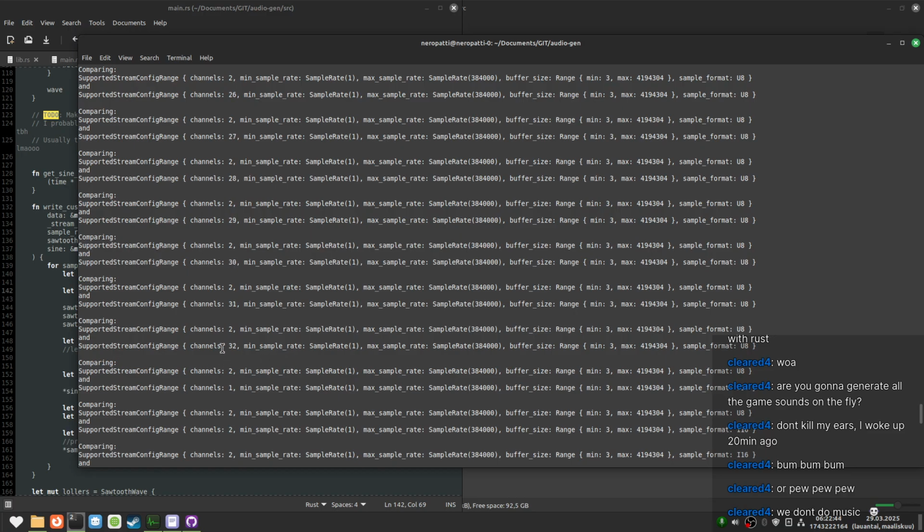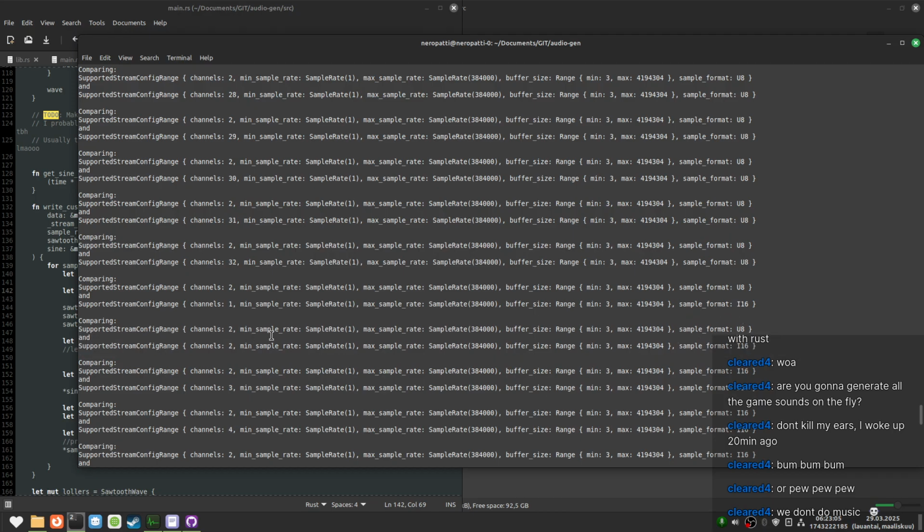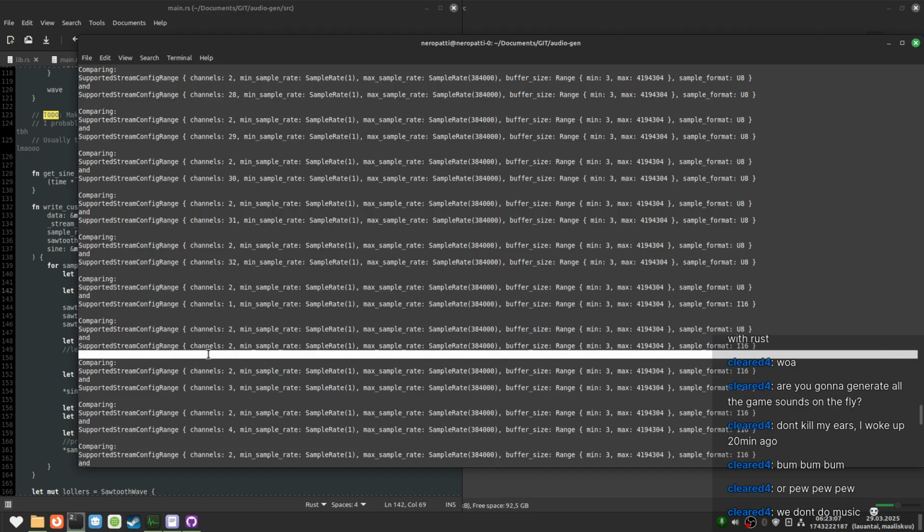And we scroll down. There's a bunch of different ones, up to 32 channels. Anyway, and then we compare the U8 to an I16, right? The I16 with one channel loses to the U8 with two channels. But the U8 with two channels loses to I16 with two.